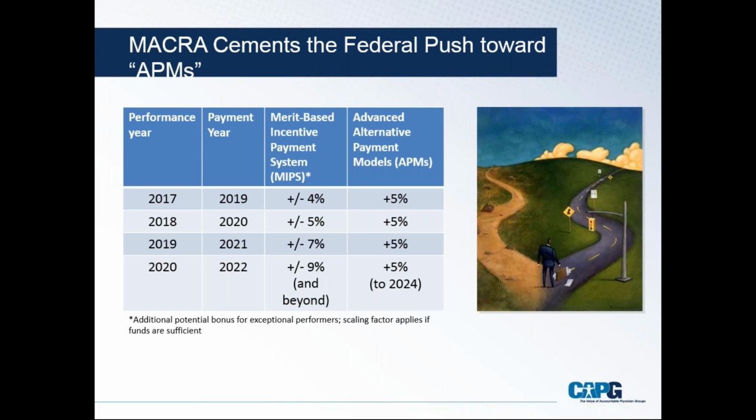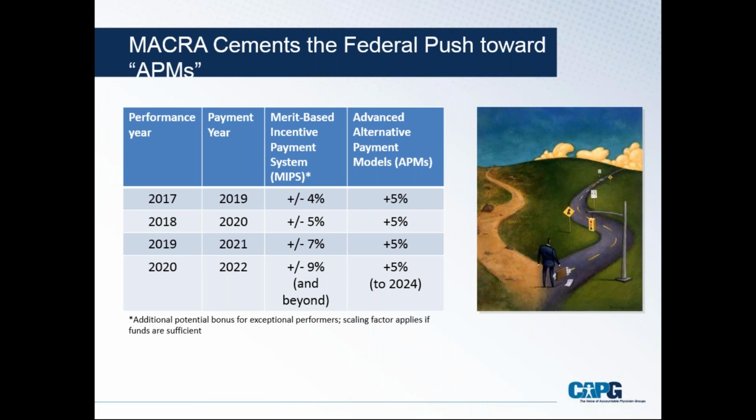So I believe that MACRA is familiar to all of you, but I feel like it's always helpful to do a little bit of a refresh. So I've included this slide here with a summary of where we are. MACRA created two separate paths for physician payment in traditional Medicare. One is the merit-based incentive payment system path, where you're paid your fee-for-service the normal way, but you would see an adjustment depending on how you fared on measures in MIPS.